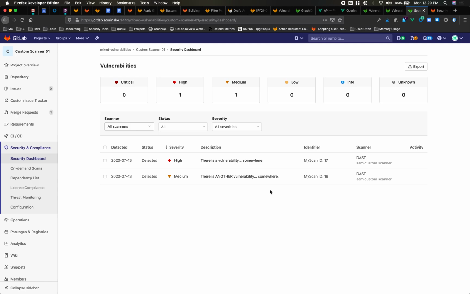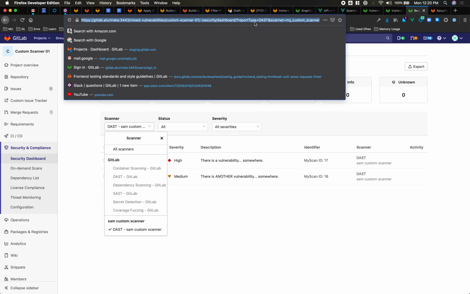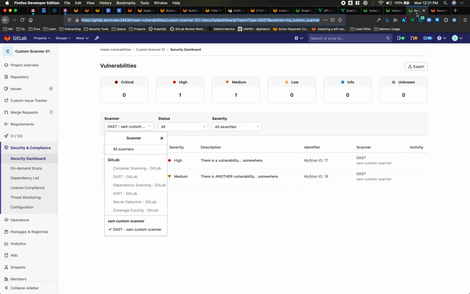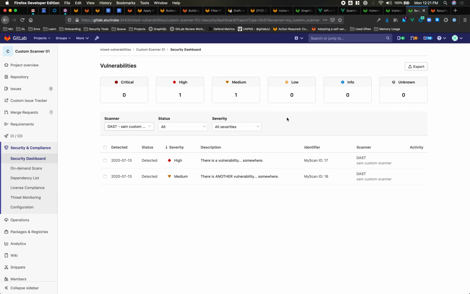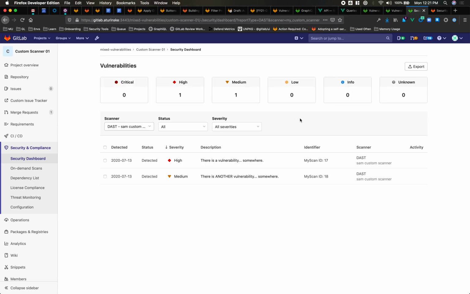This also works in the URL, which is going to change a little bit from before. If I go over here and choose DAST, we were just searching by report type DAST, which again did not discriminate between scanners, GitLab or third party. Now the URL is a little bit longer because we need a little bit of extra information to discern between GitLab and third party scanners. And if I refresh this,